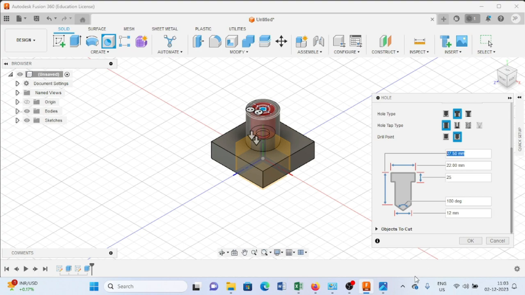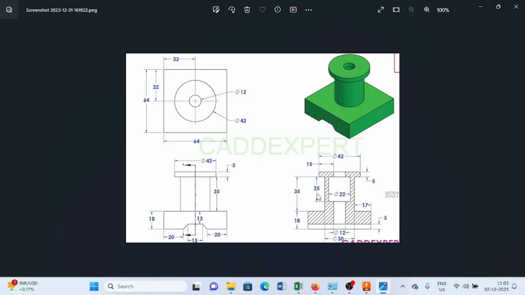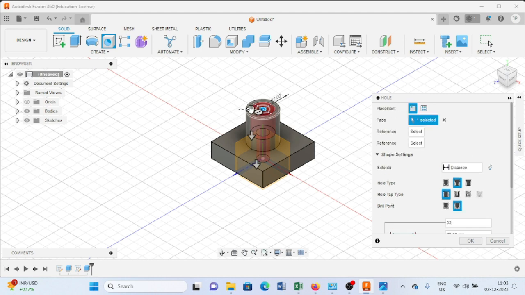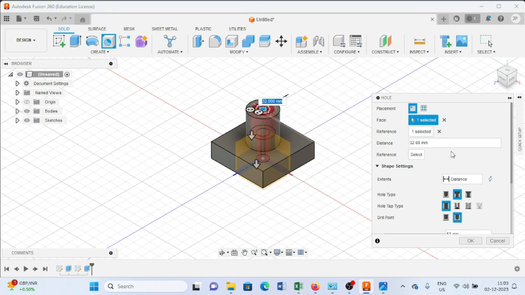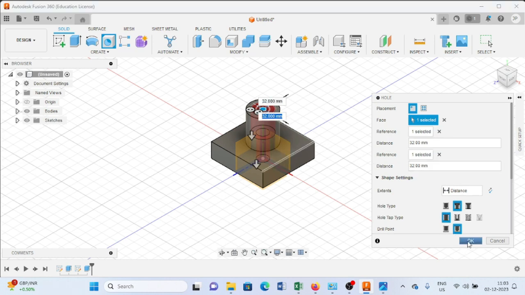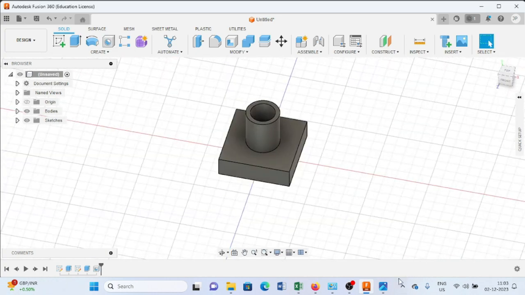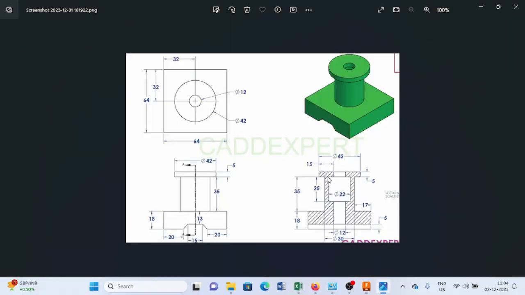And this will be 25 and 18, 35 and 18, this is 53. And then from here it is 32 and from here it is also 32 and press OK. So as you can see, we have created such kind of hole, and then after that we have to create